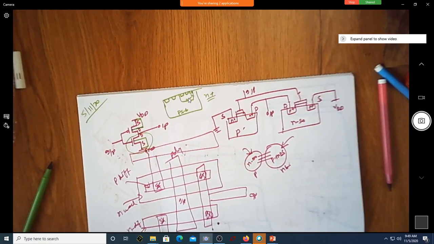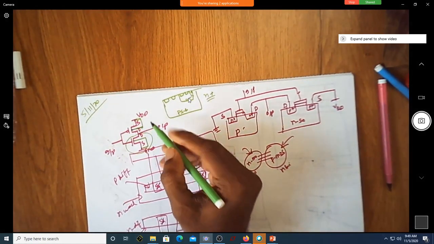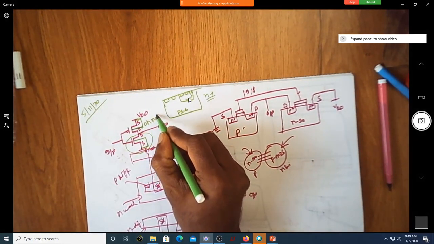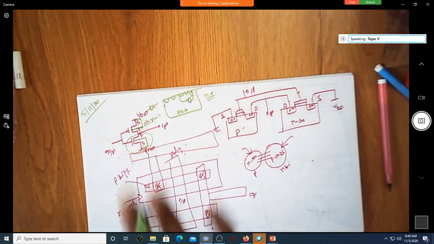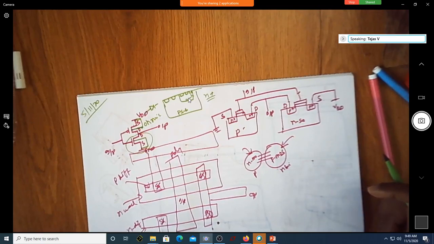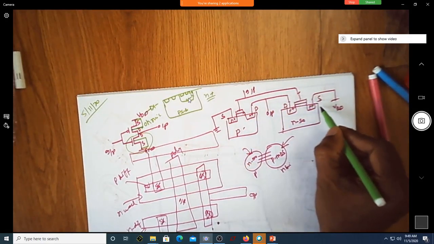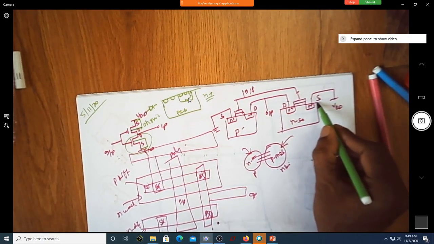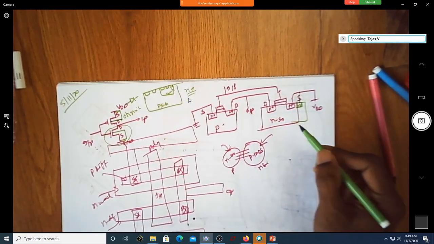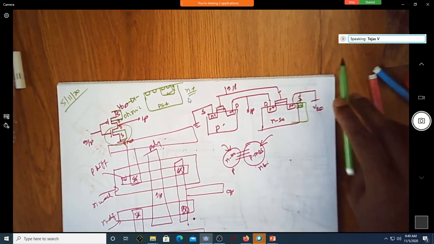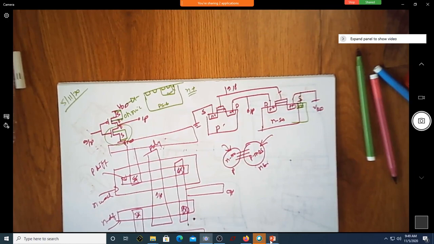In order to ensure no Schottky diode is formed, I want an ohmic contact, because I simply want a connection from this to this, so it should be ohmic in nature. There should not be a diode-like structure coming because of the energy difference in the band gaps. So to have an ohmic contact, I am going to have an N plus. N plus is also connected to VDD. So that's why you have this.